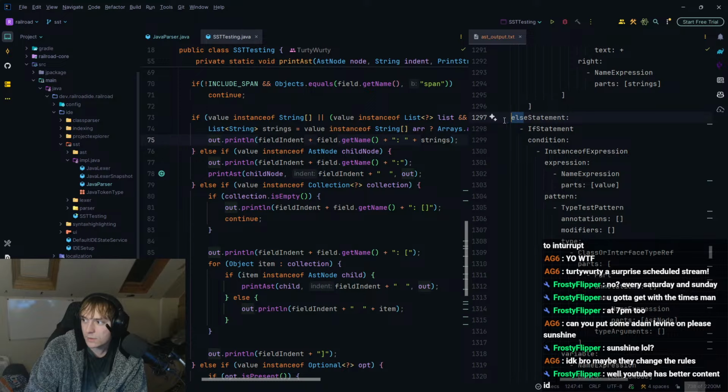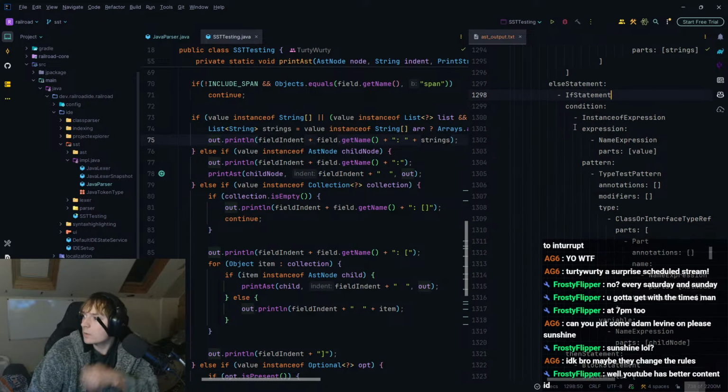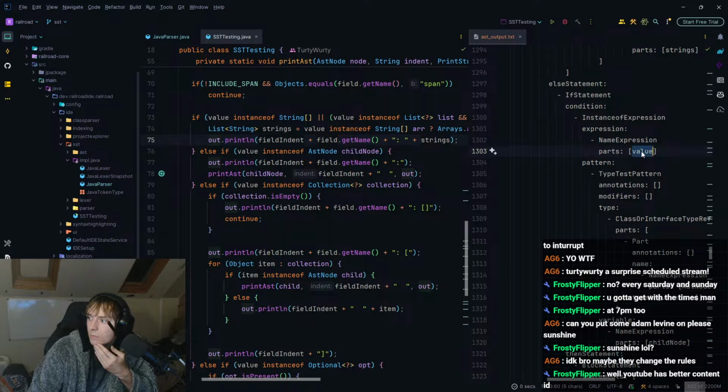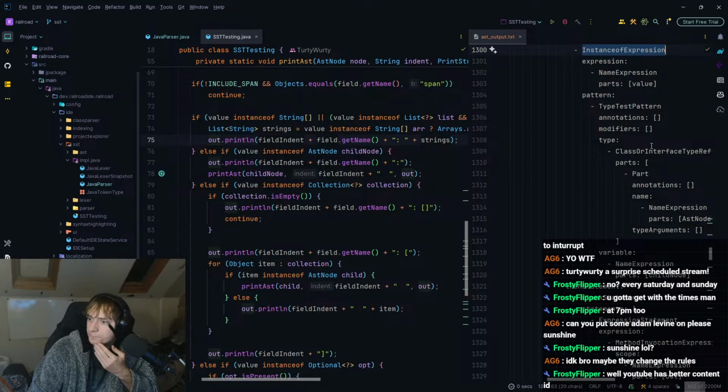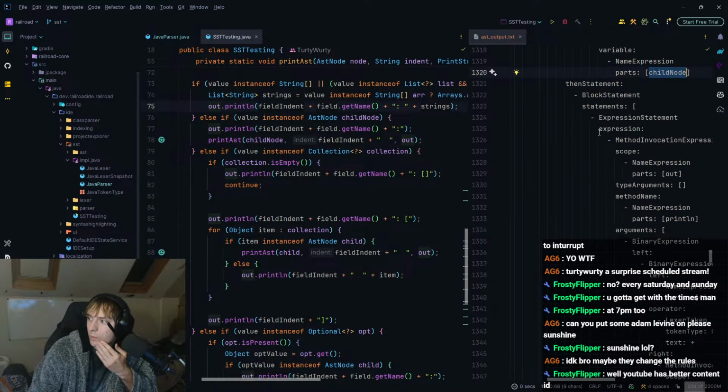Then we have the else statement, which has an if statement, which is if value is instance of a class which is called ASTNode, which we will call childNode, then we do a block statement, which is a method invocation.